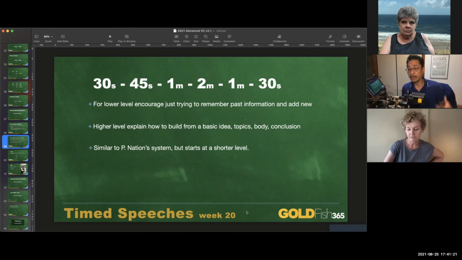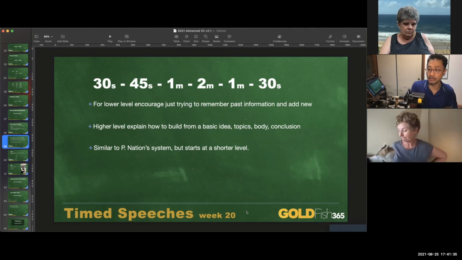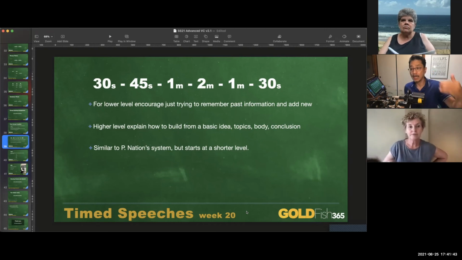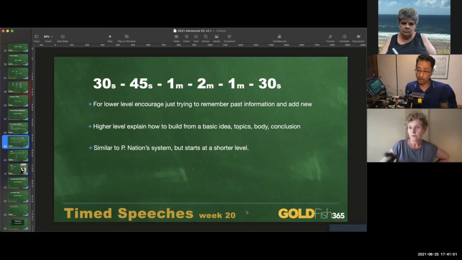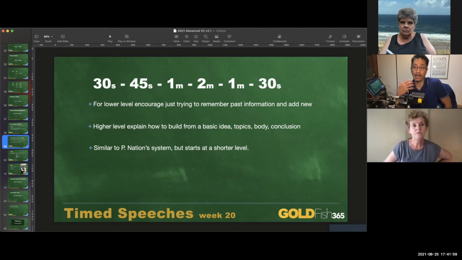The new stuff is based around implementing, I wouldn't call them speeches too much, because they're not really quite speeches. They go 30 seconds, 45 seconds, 1 minute, 2 minutes, back down to 1 minute, back down to 30 seconds. If they're doing it right, they take everything they built in 2 minutes and rip out all the pauses and all the repeats and give a nice little long conversation turn. It's not even long enough to be called a monologue at 30 seconds. And when you get to long conversation turns, then you can start doing exposition: what you like about pineapple pizza or how much you hate pineapple pizza.